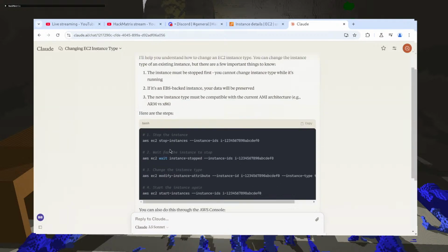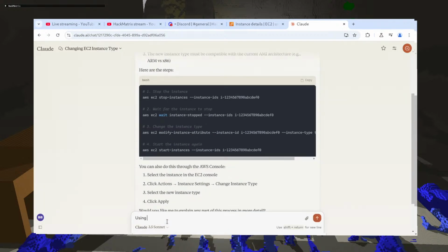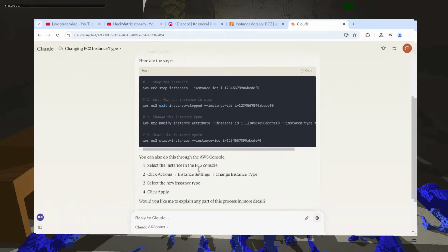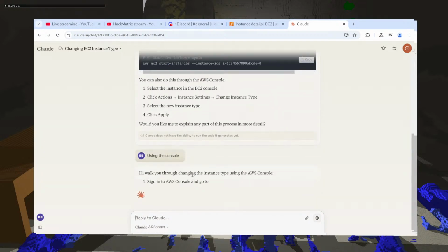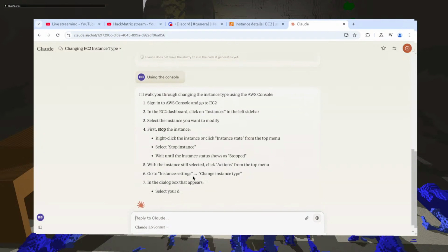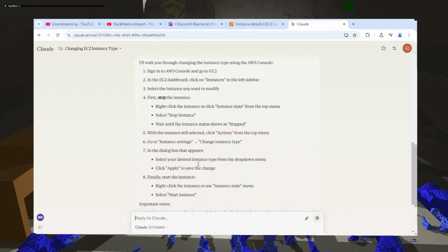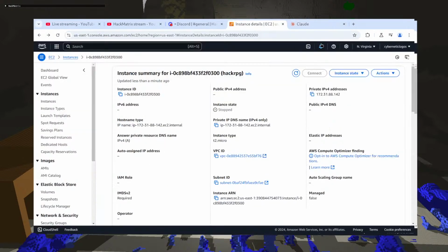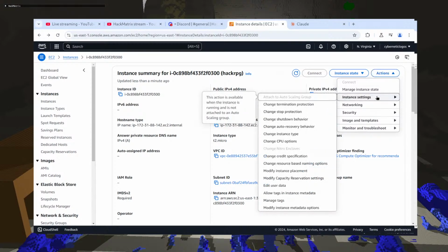Okay. Using the console. I don't want to use AWS CLI. Instances, I stop. Instance settings. Go to instance settings. Okay.